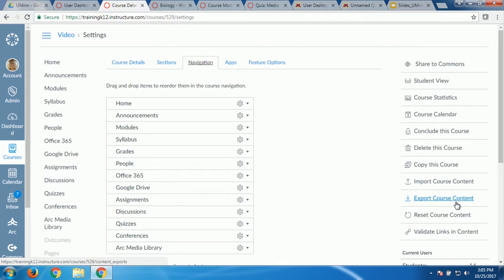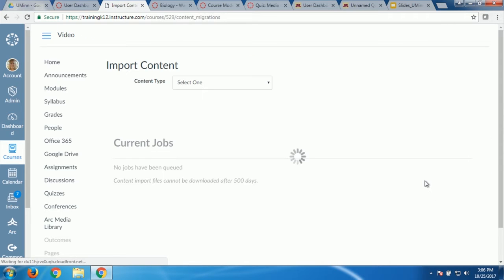You have both options. Just know if you want to copy things from course to course, it's the import and the export buttons. The difference, exporting course content gives you like a file package. And the only options for export are your whole course or your quizzes. Import pulls in content from other courses, and you can literally choose anything in your course to copy. Pretty easy. I always choose import. I'll show you what it looks like.